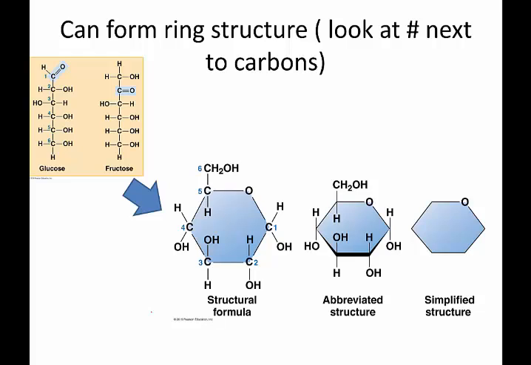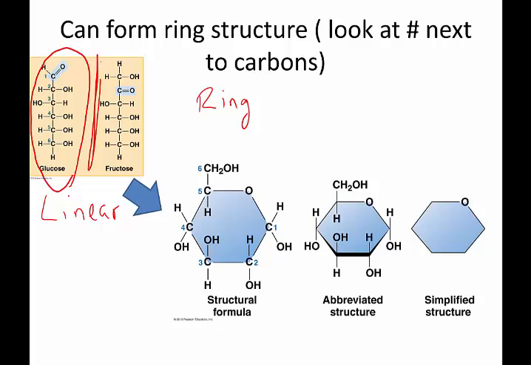So now we're going to look more closely at each of those monomers or monosaccharides we were talking about. Specifically, we're going to look at glucose in this picture. So these are what are called the linear form of a monosaccharide. In most chemistry and biology textbooks, you'll see the ring form. Just as these names allude to, the linear form is a straight line, the ring form is a ring. So here's the ring form, glucose. The linear form and the ring form are pretty much exactly the same thing. The ring form, you can imagine, is wrapped around and connected, and the linear form is just a straight